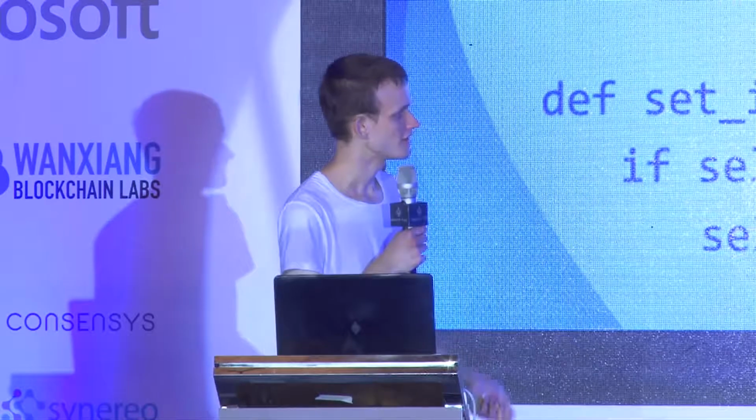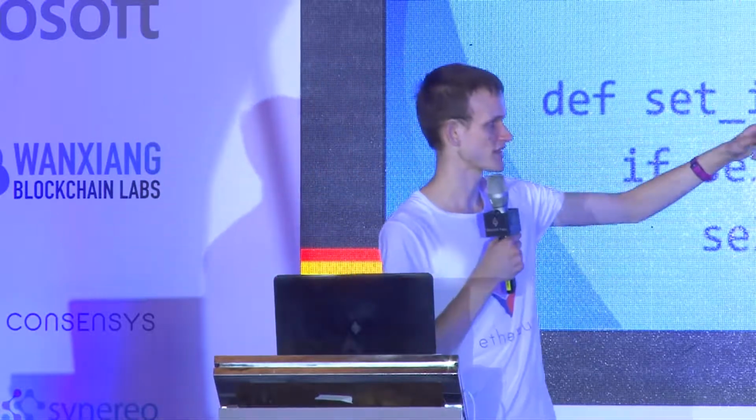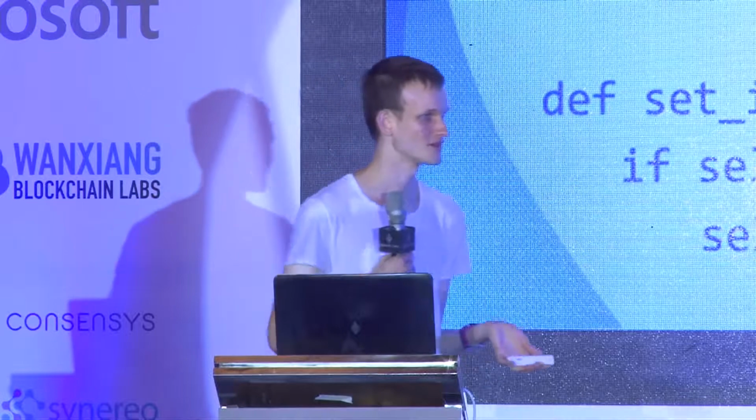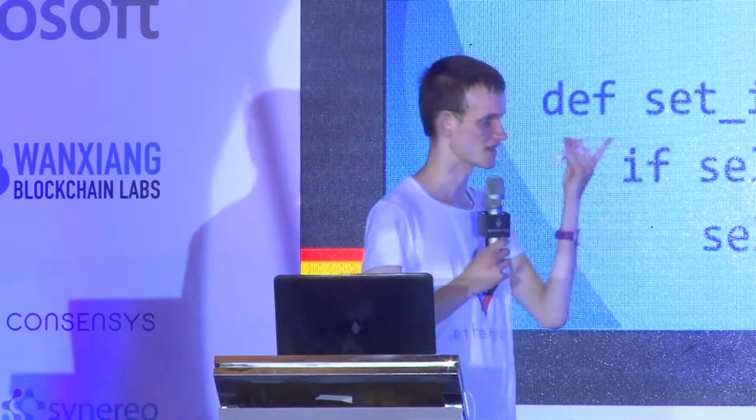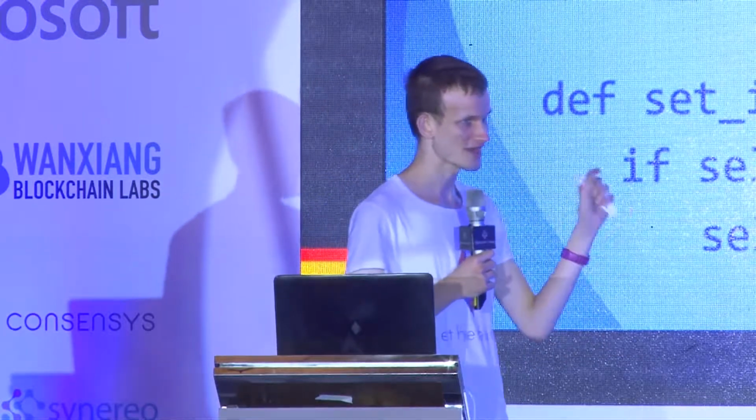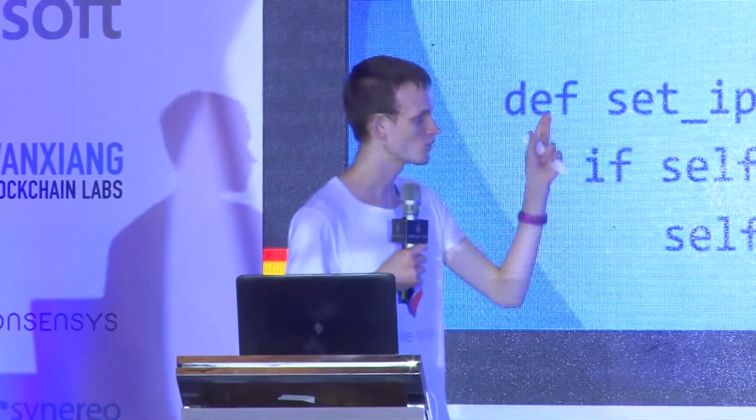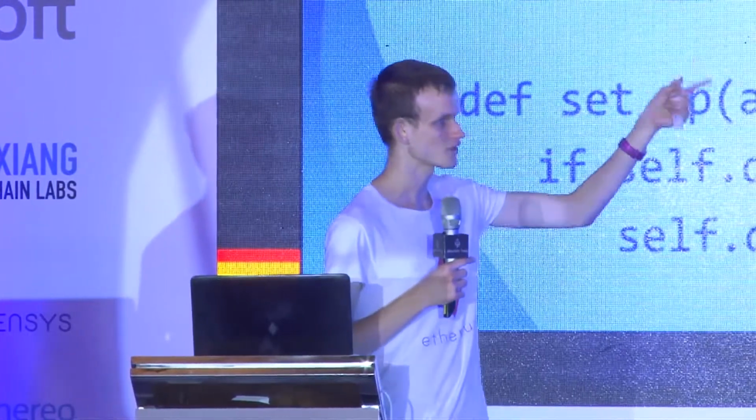When the transaction gets included, the code runs, and you notice it says self.domains address.owner equals msg.sender. What that line of code basically does is it says, whatever address sent that transaction, record that address in the contract storage as the owner of that particular domain. You notice at the top of the contract here, it says data domain, so it stores a mapping going from a domain to the owner and the IP address of each domain.